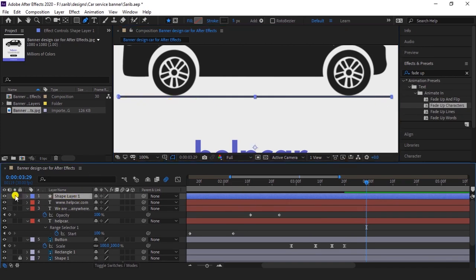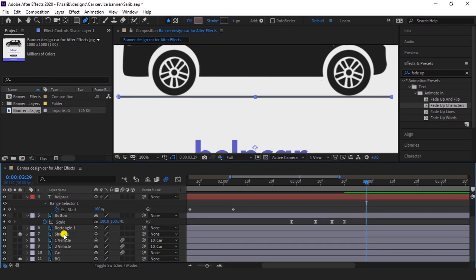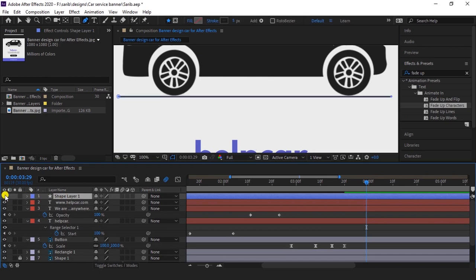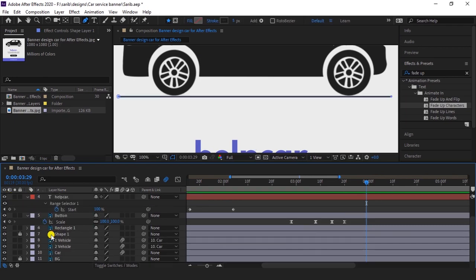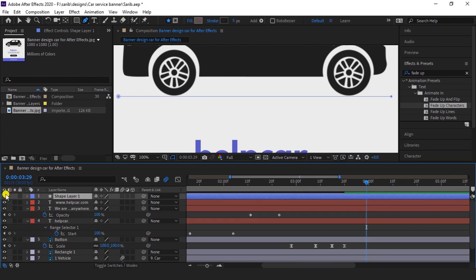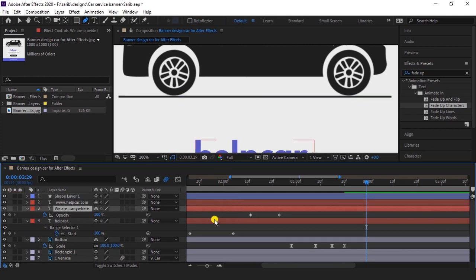Okay. Now what we need to animate this line also. So delete your line, this one. If I hide this one, so this is our line. So delete it because we have made this one. And now we have to animate this one also.